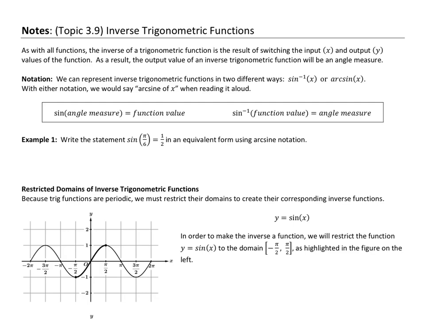Topic 3.9 is about inverse trigonometric functions. So we've learned about inverse functions back in chapter 2. When we did inverse functions, we switched the x and the y values and then resolved the function for y. These are functions that undo each other the way inverse operations undo each other. So the inverse of addition is subtraction, the inverse of multiplication is division, the inverse of an exponential is a logarithm, and